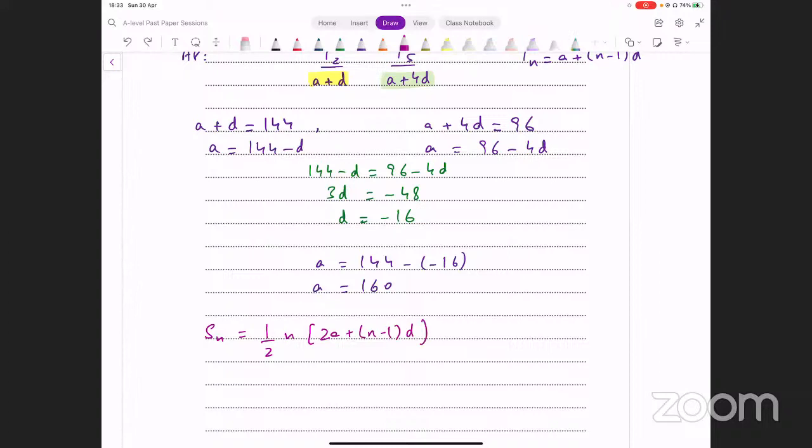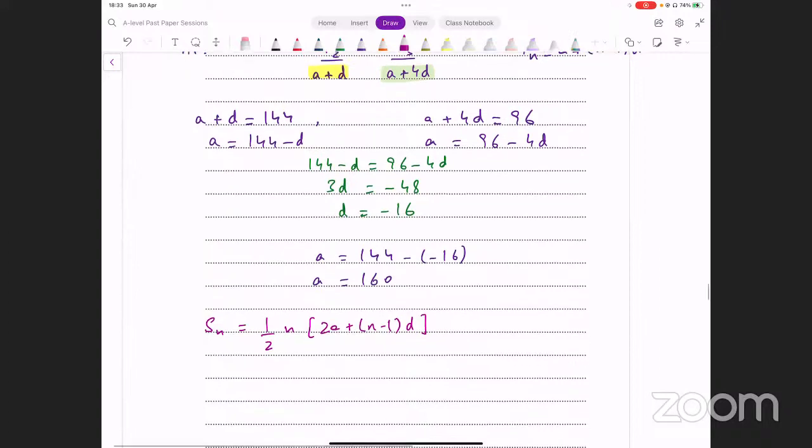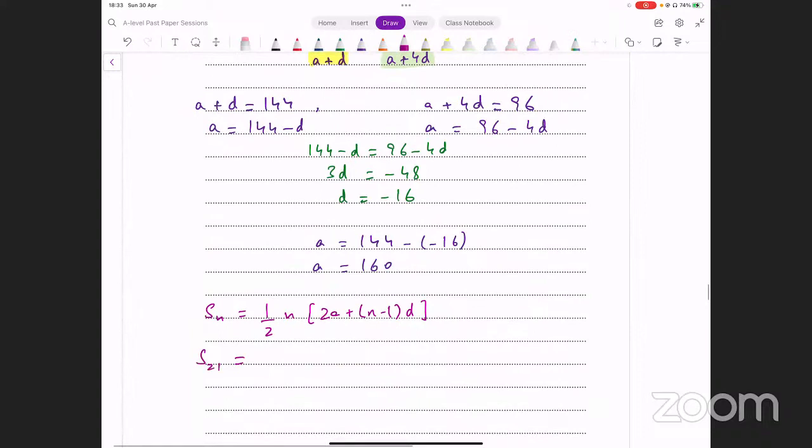AP है तो AP का formula use करना है. Don't do a careless error here. आपको चाहिए sum of the first 21 terms. So n की value 21 equals half n, in fact, multiplied by 2 into a, which is 160. Plus n, which is 21 minus 1 into d, which is minus 16. ये पूरा evaluate कर लें, आपके पास sum आ जाएगा. ठीक है, so 320 plus on that minus 20 into 16 into 21 divided by 2, and that's giving me